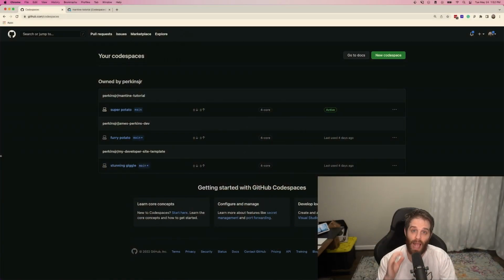So I've talked about Codespaces. Now it's time to actually dig in. So let's look at how Codespaces actually works. Codespaces essentially allows you to pull any GitHub repo that you have, private or public, and use them as you see fit. Currently, I have this 4-core active for an example tutorial that I wrote on the Mantine tutorial. If you haven't checked it out, I've put a link top right-hand corner.